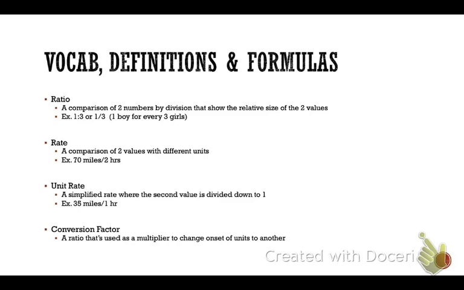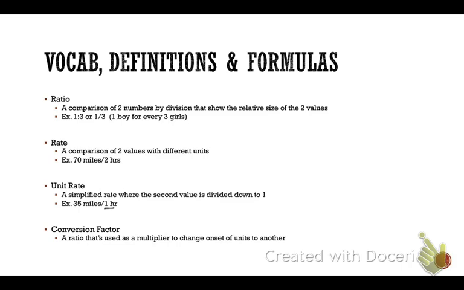A unit rate is when you simplify a rate. And so it's a simplified rate where the second value is divided down to 1. So I used the rate example that I just gave you, 70 miles in 2 hours, and I reduced it down to what we call a unit rate, 35 miles in 1 hour. So notice that the second unit is in terms of 1. So when you're asked to give a unit rate, you divide your rate all the way down so that the